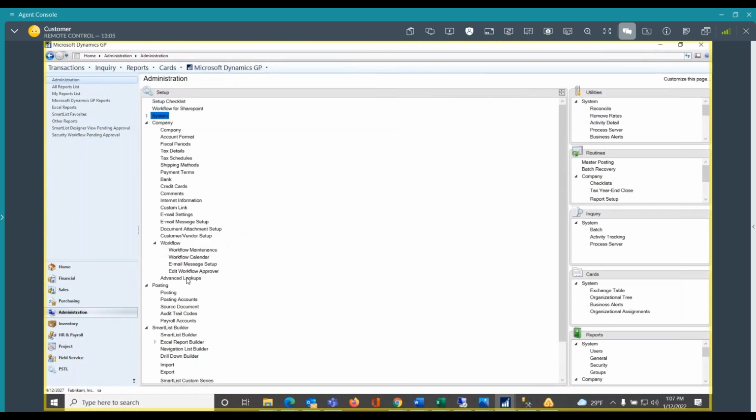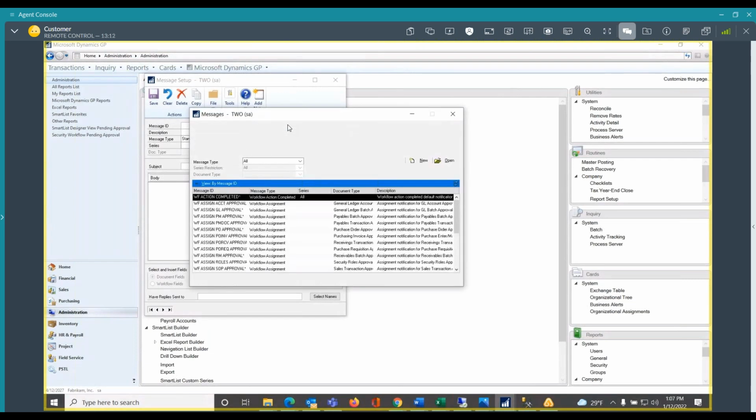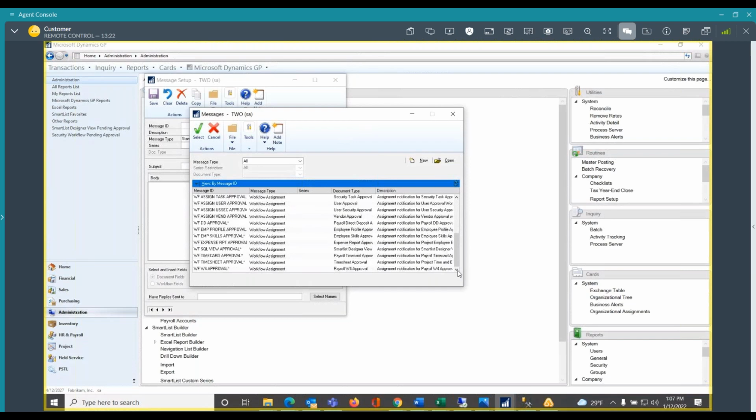The next thing that has to be set up, and I'm not saying it has to be right off the bat, but you can do these in a certain order. So here's a list of all the different types of emails and things like that that can go out. Out of the box in GP 2018, there is approximately between 15 and 18 workflows. So you'll see here we have some workflows that we could do by whether it be a SQL view, a time card, a task approval, purchase order receipts, or a PO